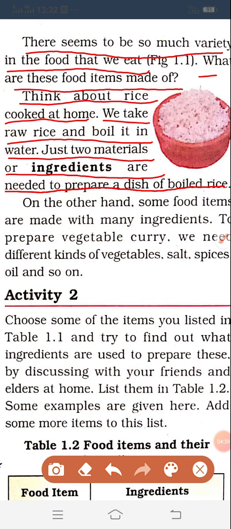If we are making vegetable curry, for that we need vegetables, salt, oil, spices, so many things we want. We are using so many ingredients to make the vegetable curry. Like the same, if we want to make different food items, in all the items different